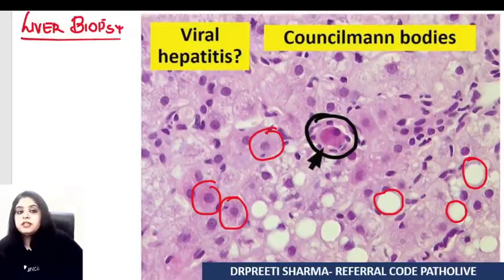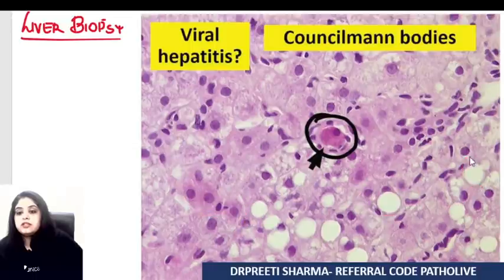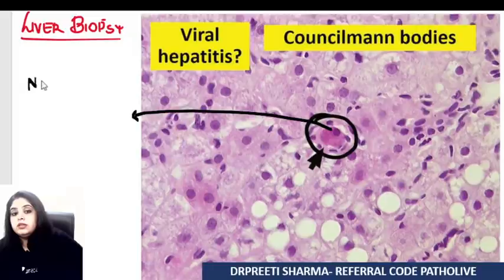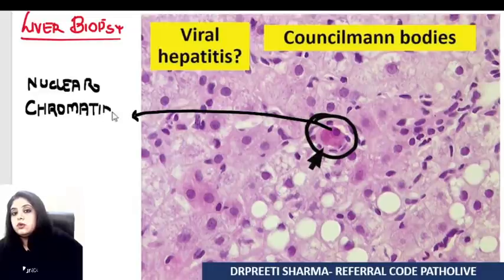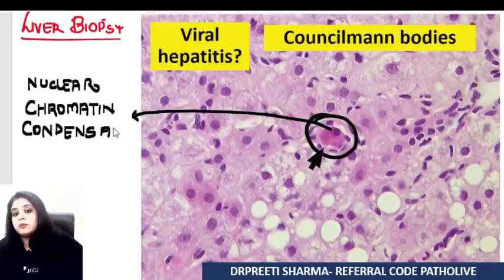This cell over here. So now if I put away my attention from everything else and focus only on this cell, I see this cell is very, very pink in comparison to the others. This cell is extremely pink. And if I look at the nucleus, it is also very dark. So can I say that in this particular cell, there has been nuclear chromatin condensation, and that is the hallmark of what? The nuclear chromatin undergoing condensation is the hallmark feature of apoptosis.